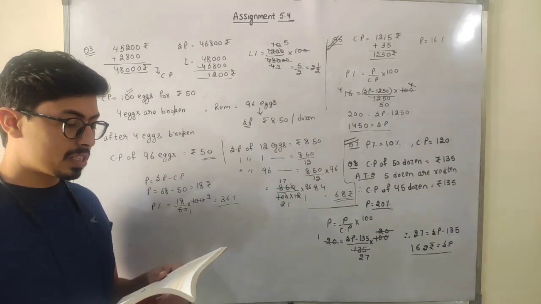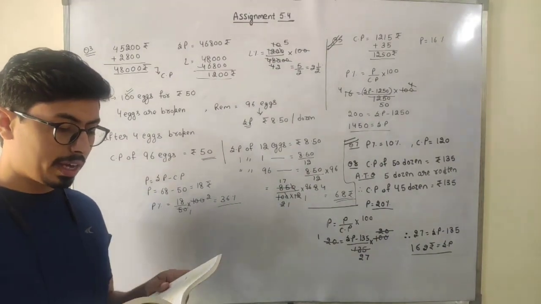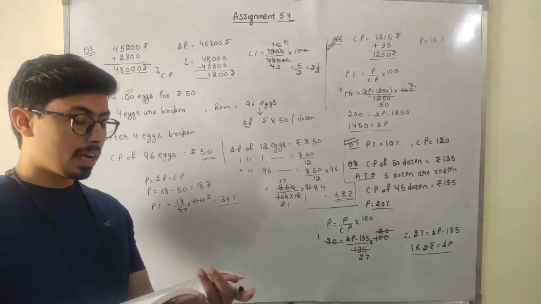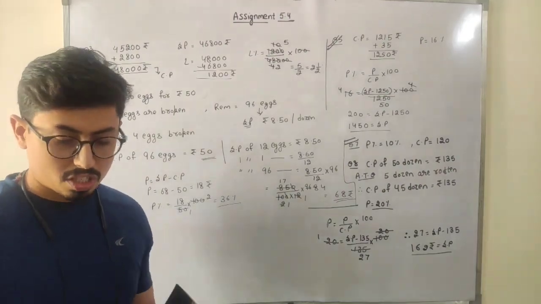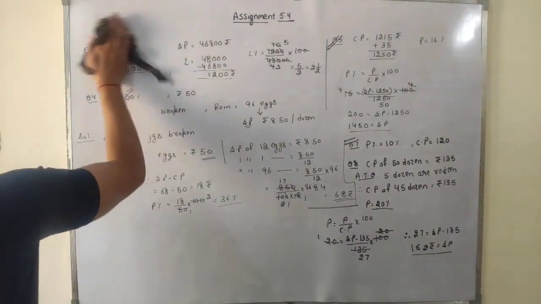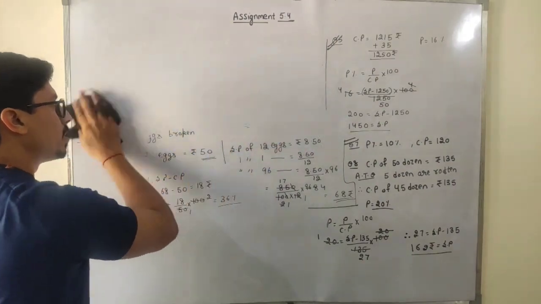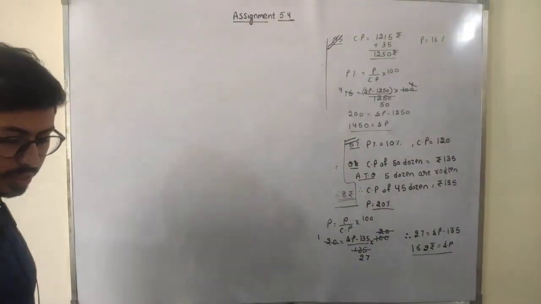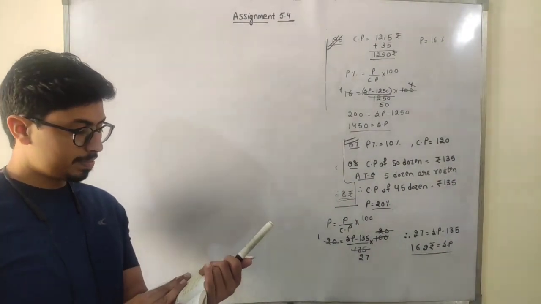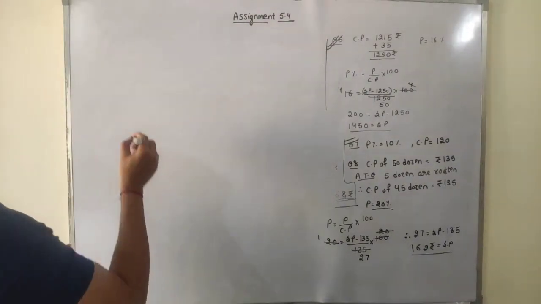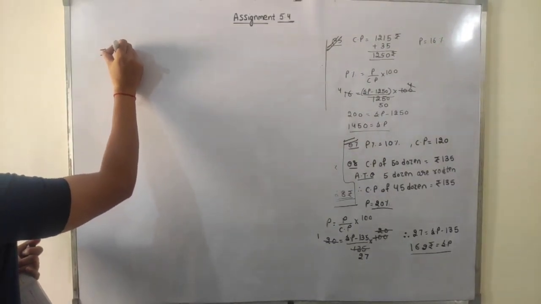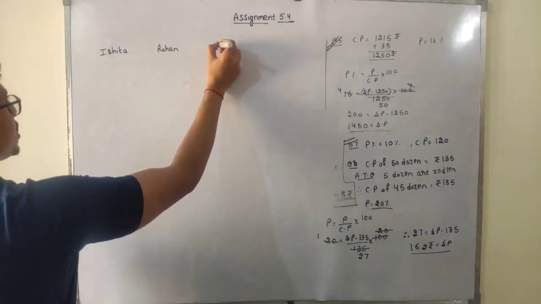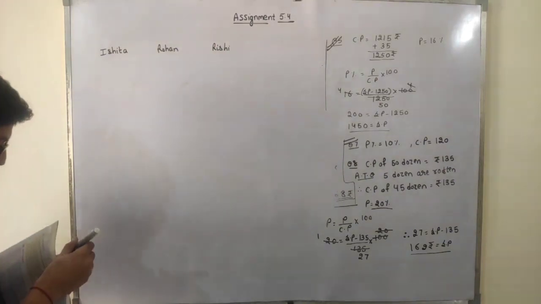Now in question number 9 students, Ishita sold a book and made a profit. Rohan sold it at a loss. Now see students, this is question number 9. There are 3 persons that are involved in this particular question students. Ishita, Rohan and Rishi. There are 3 persons, Ishita, Rohan and Rishi.